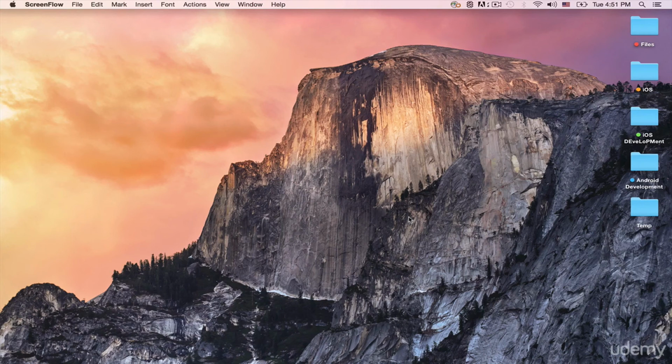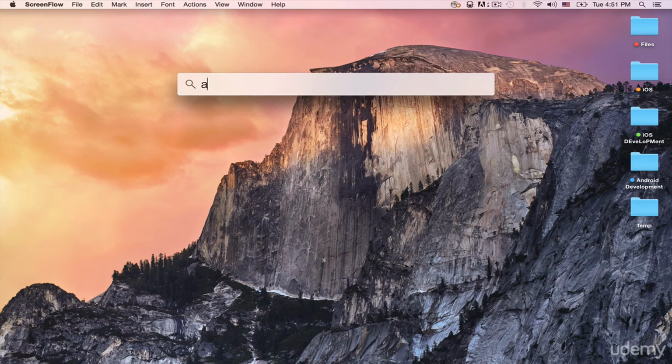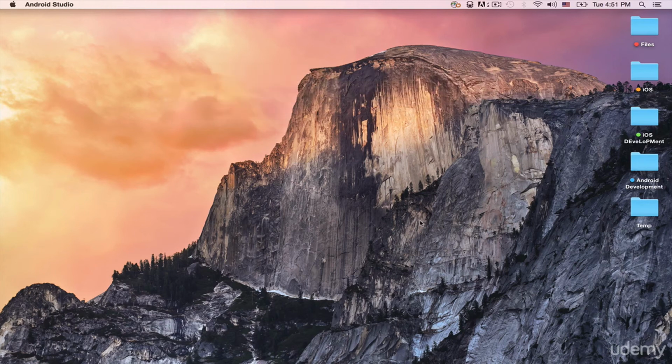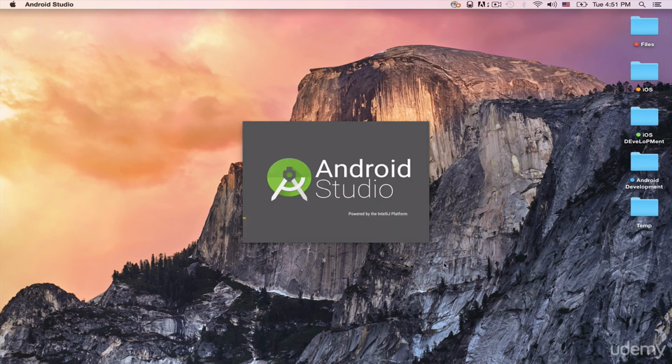Hello everybody, in this tutorial I just want to show you how to change the preferences of our Android Studio IDE. Okay, now that we have downloaded and installed Android Studio, now it's time to open it. Okay, now it starts to open